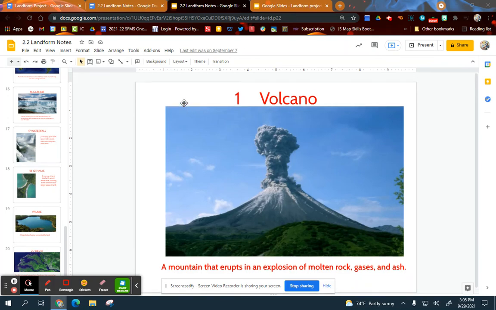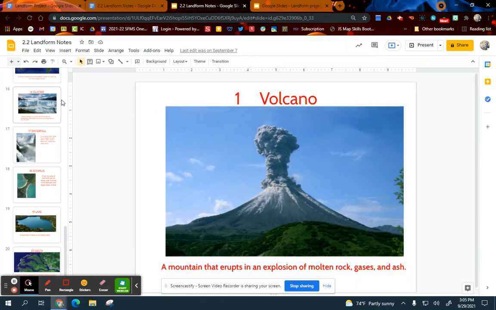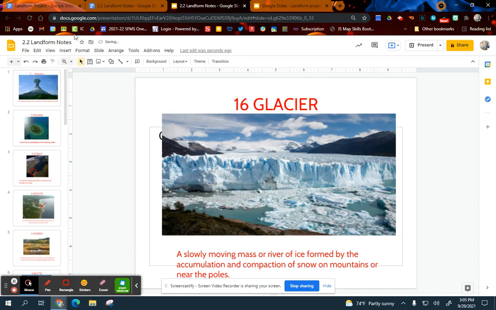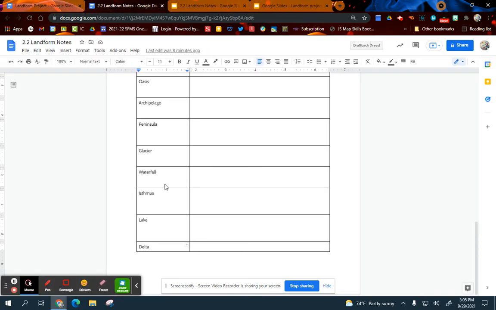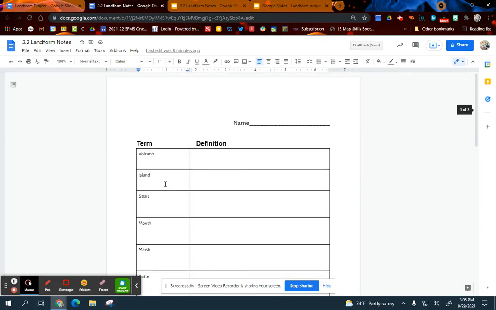Welcome to lesson 2.2, landforms. Before we get too far into it, I want to make sure that you have the proper sheet in front of you, and that should look something like this. It's not like the typical